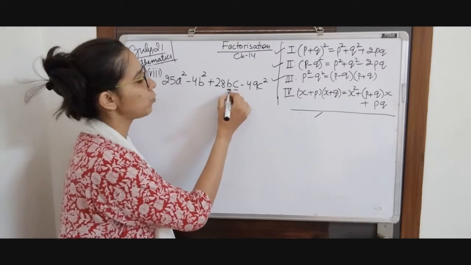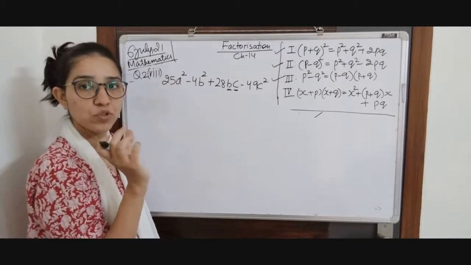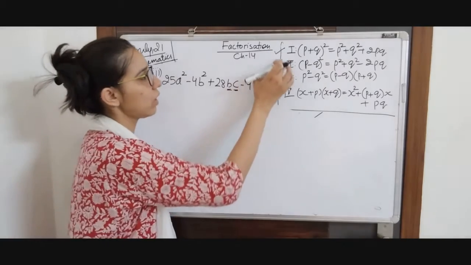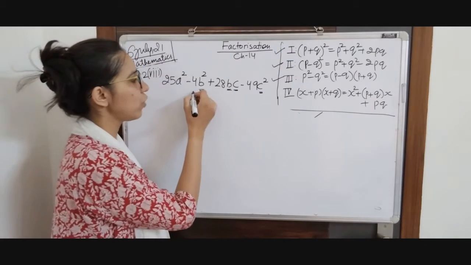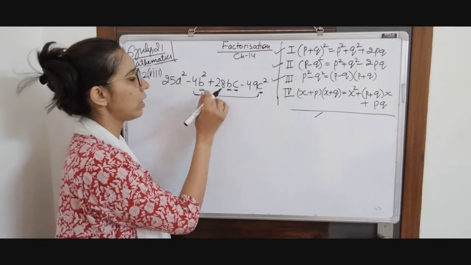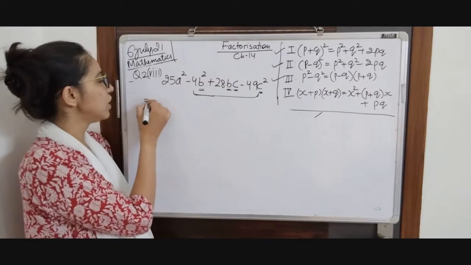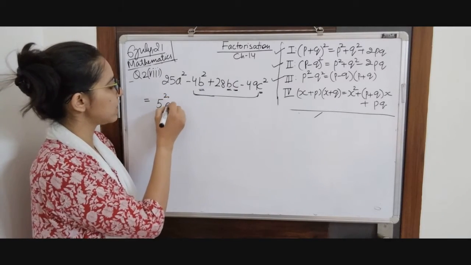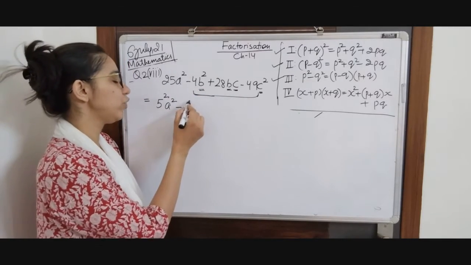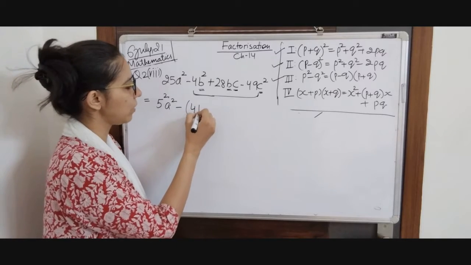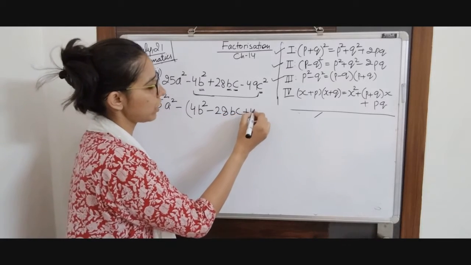So see that there is b and c in this expression, and there are three square terms. So which square terms do we need to make identity 1 or 2? We see that b and c, so b square is here, c square is here. So we are going to pick these two and this one, and we will try to make a formula using these three terms. Now this term is 5 square a square, and now minus and minus. So I will try to take minus outside, and inside I am left with 4b square minus 28bc plus 49c square.